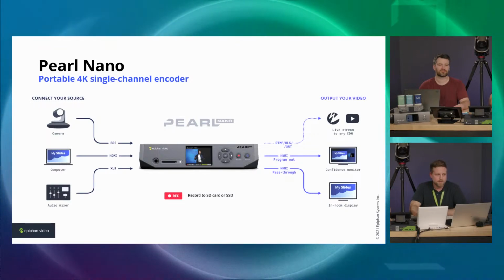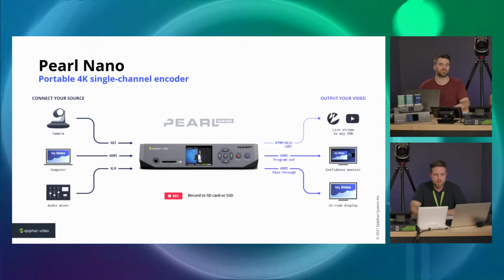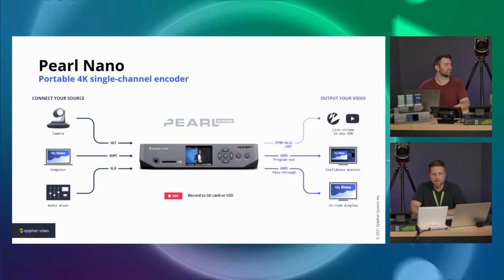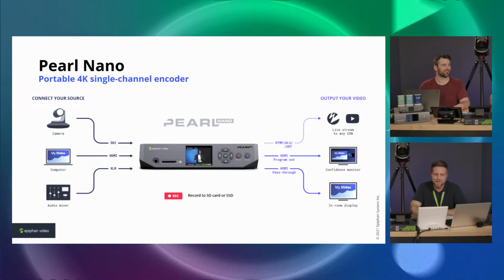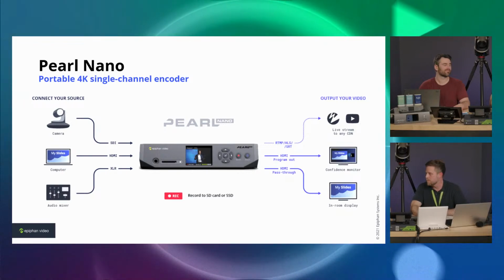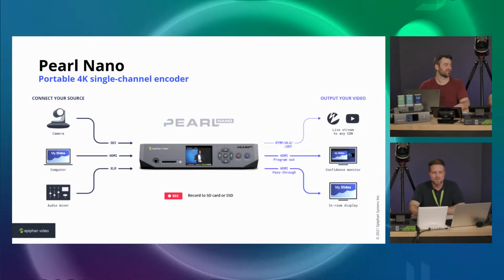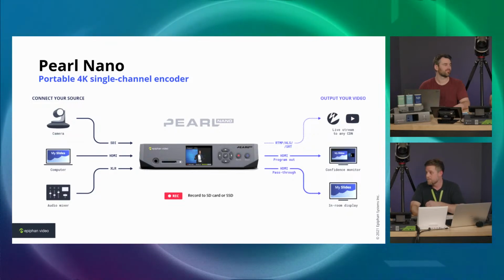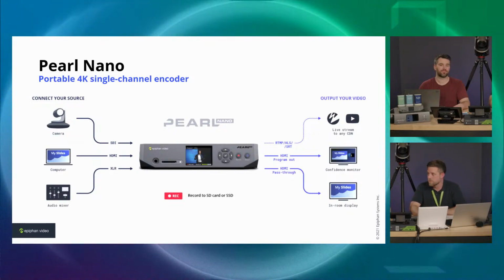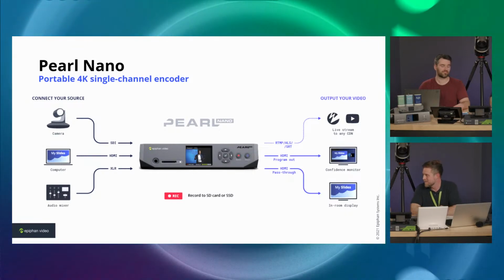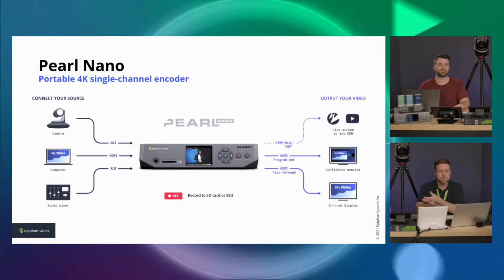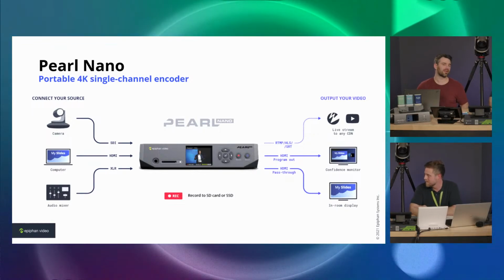And here's a typical setup. You've got your inputs, SDI, HDMI, professional audio with XLR, and then you're streaming out to any CDN using all the protocols available. You can have a program monitor off of this. You can use it as a confidence monitor. Sometimes people want to do a multi-view of all their sources as well. And HDMI pass-through. So really good for those breakout rooms where maybe you have a projector and you want to just pass that HDMI signal for your presentation through the Pearl and then onto your display or projector.